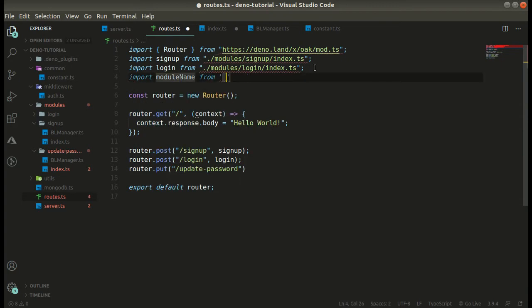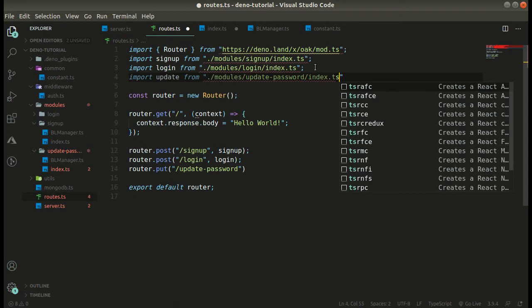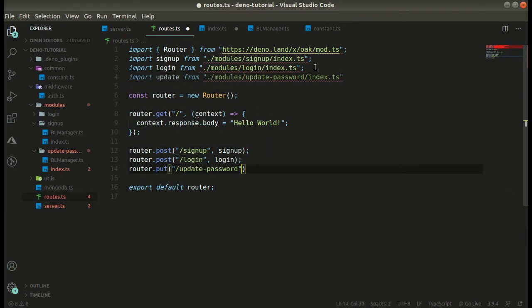Import update from module/update-password/index.ts, and here will be our update.